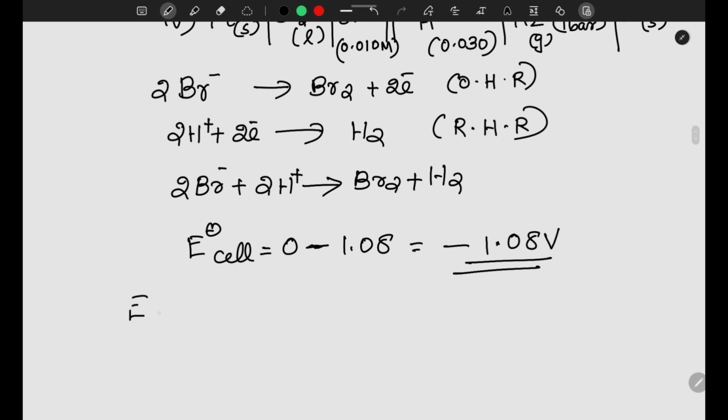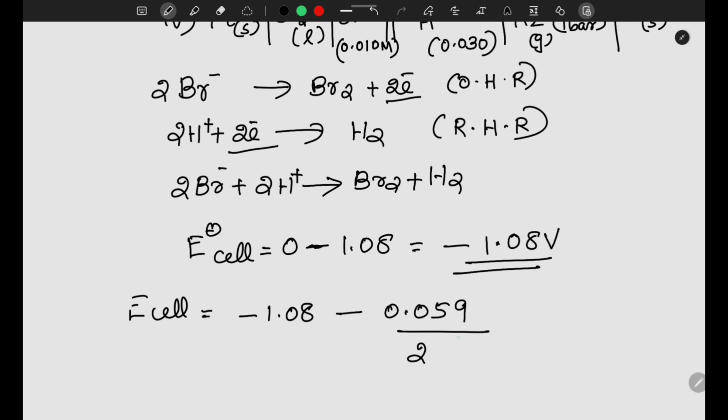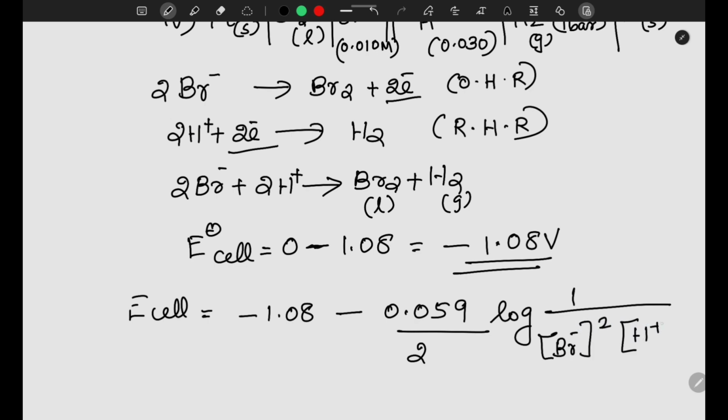E cell is equal to E0 cell, that is minus 1.08 minus 0.059 by the number of moles of electron involved, which is 2. So log concentration of product side, we don't have any ions. Bromine is in liquid state and hydrogen is in gaseous state. And so let us write 1 divided by concentration of Br minus raised to 2 into concentration of H plus